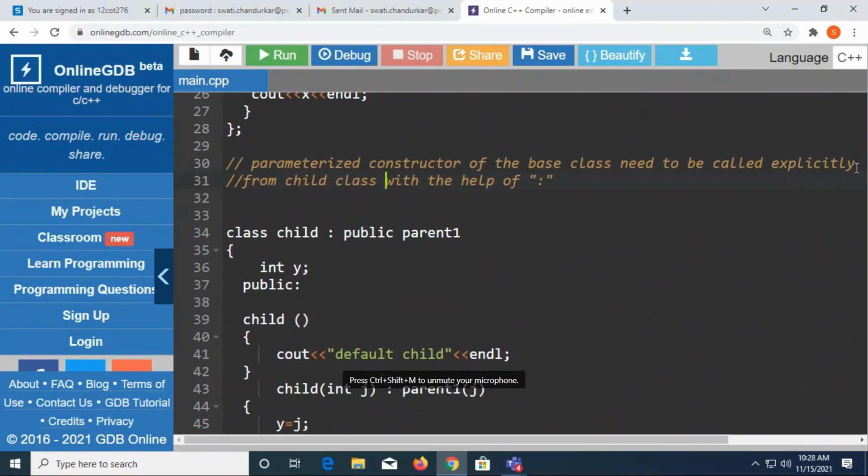When we are talking about the parameterized constructor, the compiler doesn't understand it. So the base class's parameterized constructor you have to call explicitly with the help of a colon. Why? Because the compiler doesn't understand how to call. There can be one parameterized constructor, there can be two; to which constructor should the compiler give the call? Right? So to give that understanding, we need to extend that with the help of a colon. So explicit definition is mandatory for parameterized, but it is not mandatory for default.